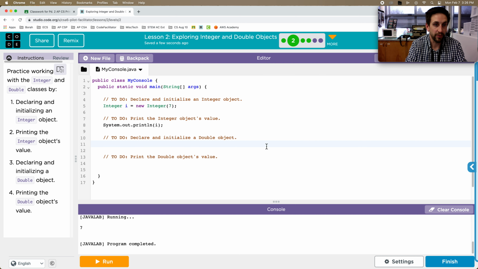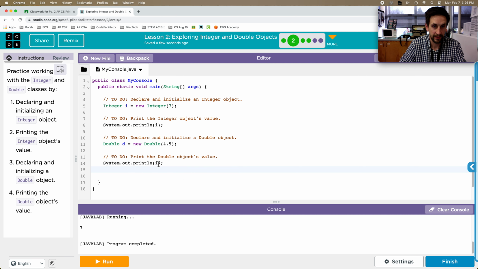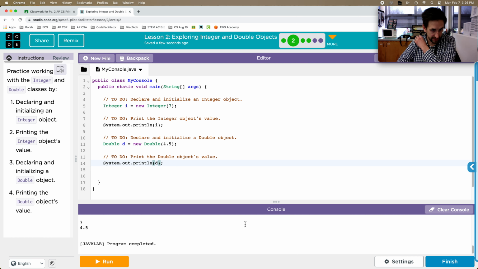And let's do that for a double object. So I'm going to do Double d is going to be equal to a new Double. And let's feed it 4.5. And then we're going to print that. Let's print out our double, which we have named d. And we have 7 and 4.5. So we see that we are using these constructors now to build those Integer and Double